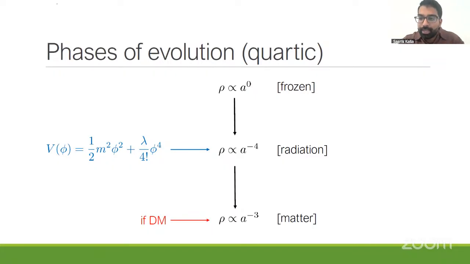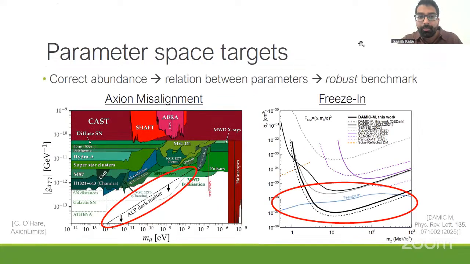Of course, I can go through the exercise of seeing, if I start radiation domination with whatever I left off inflation with, and I run through how much of the scalar field I am left with, how I can get that to be exactly the right amount to be dark matter. Again, enforcing this correct abundance will lead to some relationship between the parameters of the potential. In the case of a quartic potential, it leads to some relationship between the mass of the field and the coupling lambda. This will give us a benchmark in parameter space. We can draw a line in parameter space and say dark matter lives here.